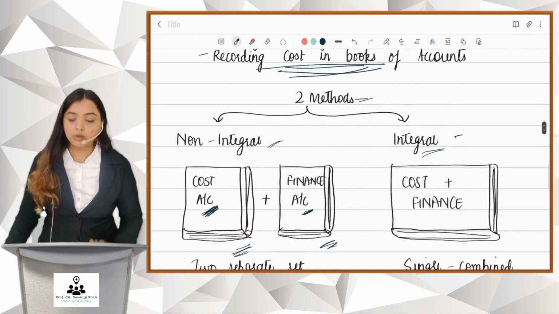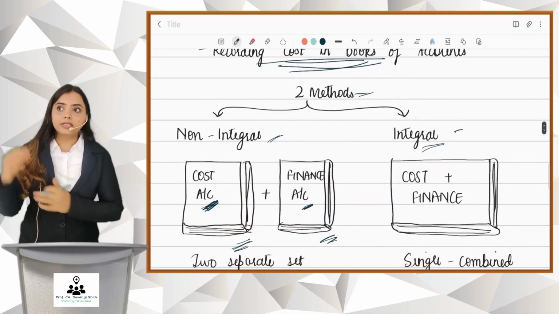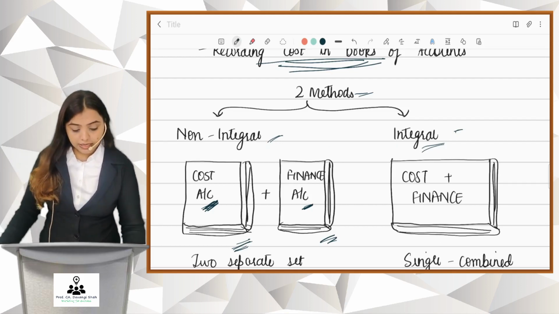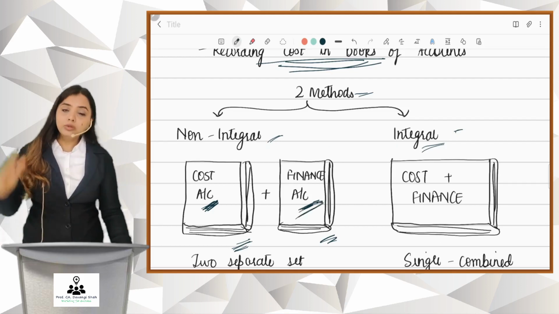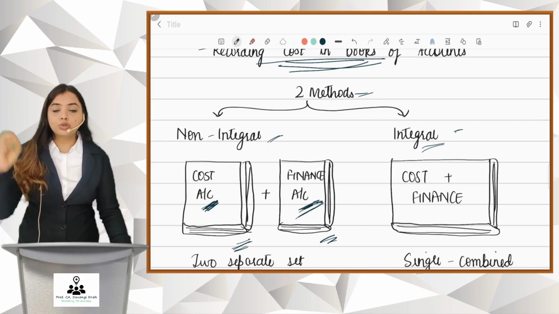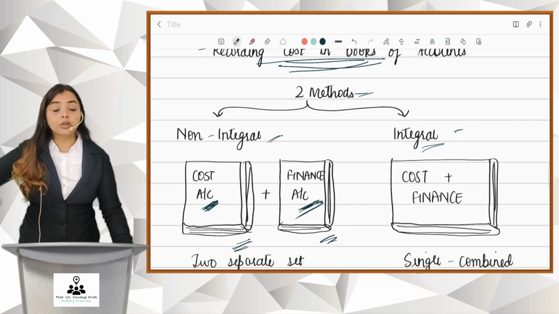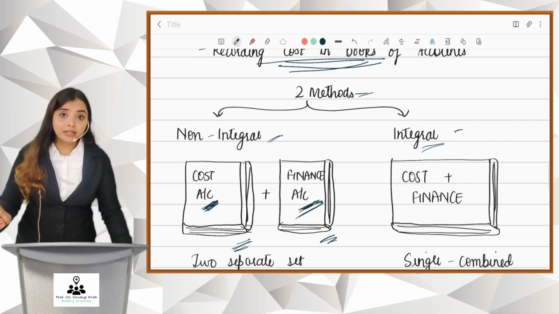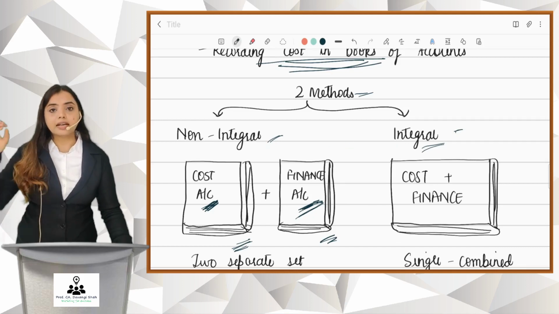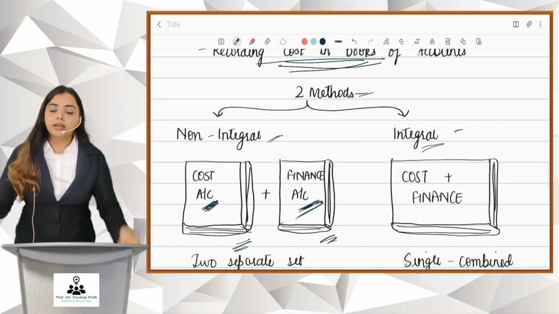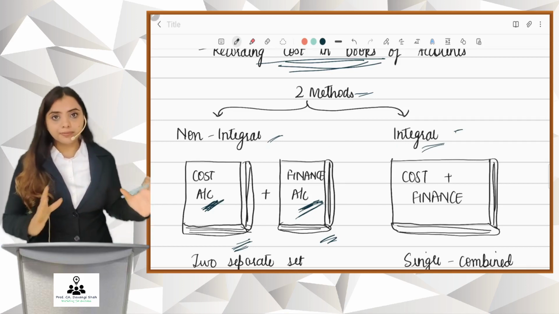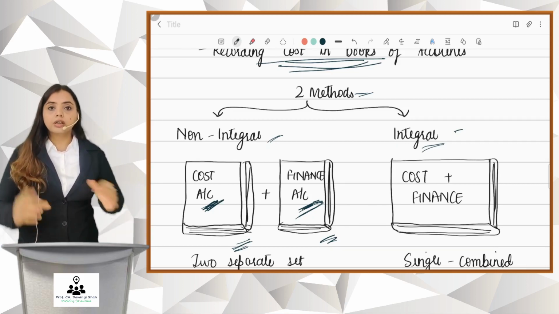Now, what exactly is non-integral? Friends, we study accounts, advanced accounts, and that is called financial records, or financial accounts. The objective is to know the financial position of the business as on a particular date. These records are also audited. It is mandatory to keep financial records as per your Income Tax Act and as per your Companies Act. Other than this, we can also have a cost accounting system where the objective is to calculate the